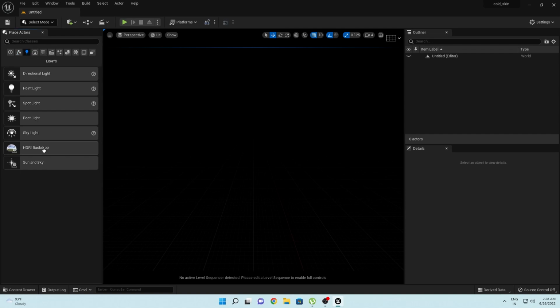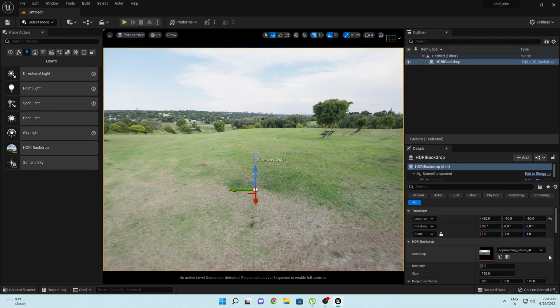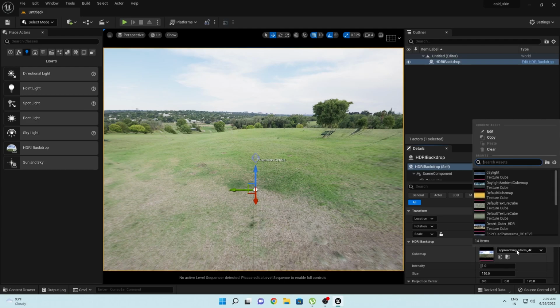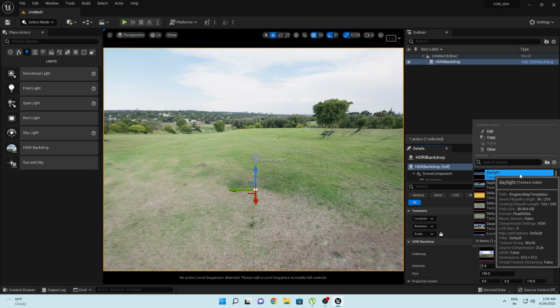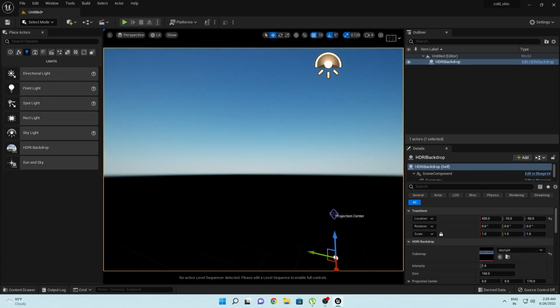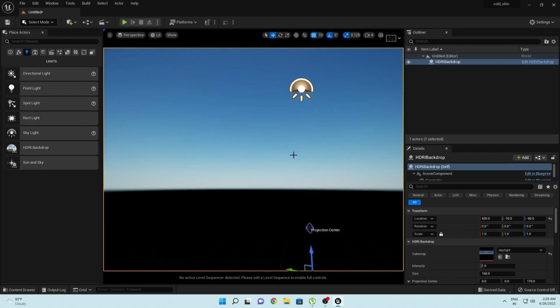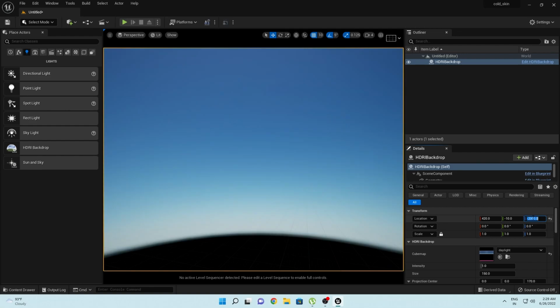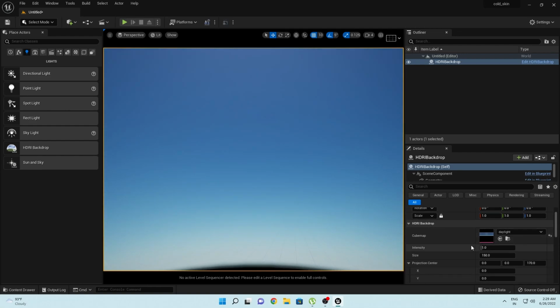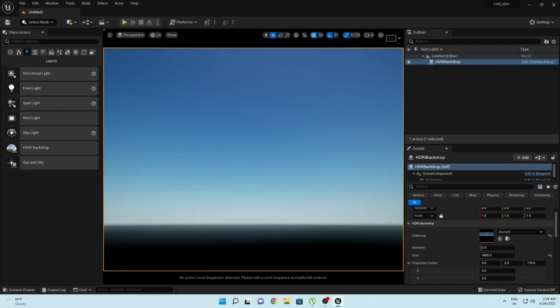So let's go to Lights and just drag and drop this HDRI Backdrop like this, and just go below here, select this cube map, and select this one, Daylight, and this will be our HDRI map, perfect for our environment. Its position will be minus 2000. Okay, and let's increase its size a little bit, like 3000. Okay, so then we will go to our landscape,